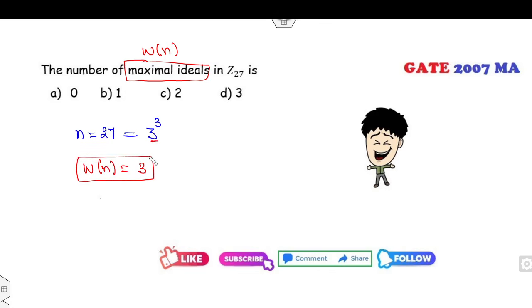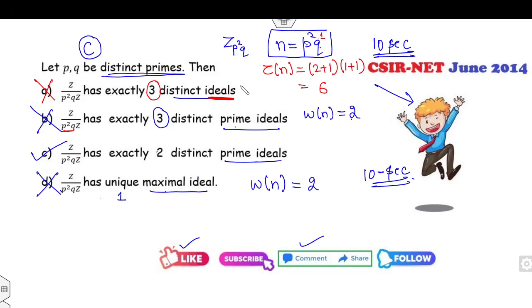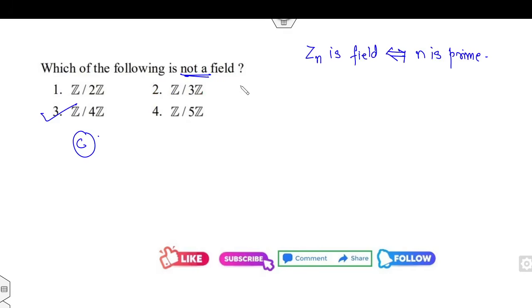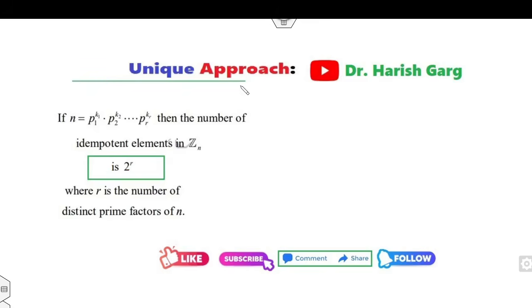So that is the answer of this problem. Very, very simple approach I have told you in each video. Now, second concept. You can do more practice on the ideal, prime ideal, based on your previous PYQ questions or any of your books or notes. Now,